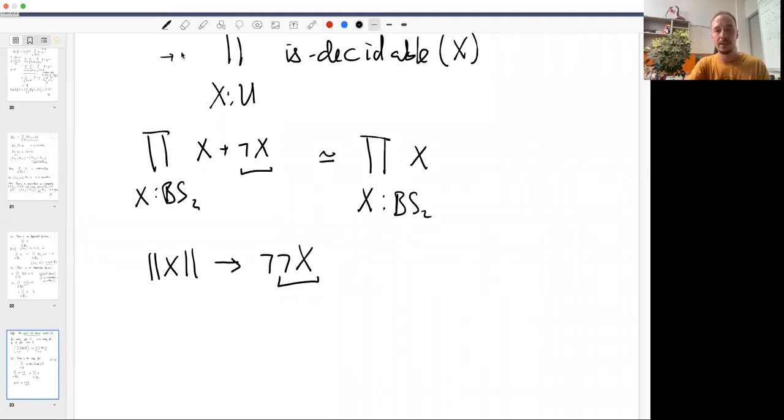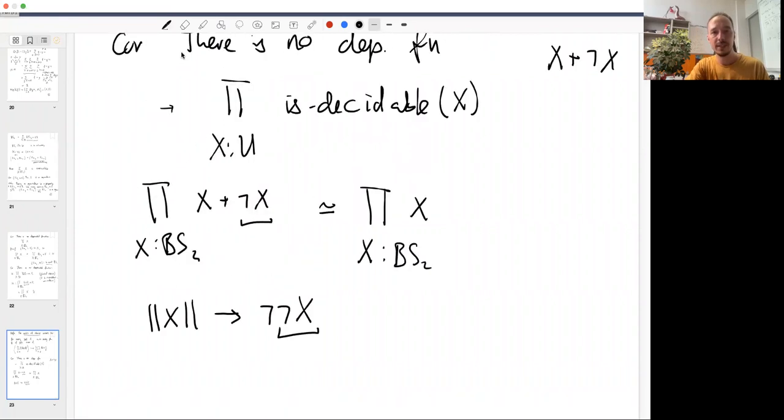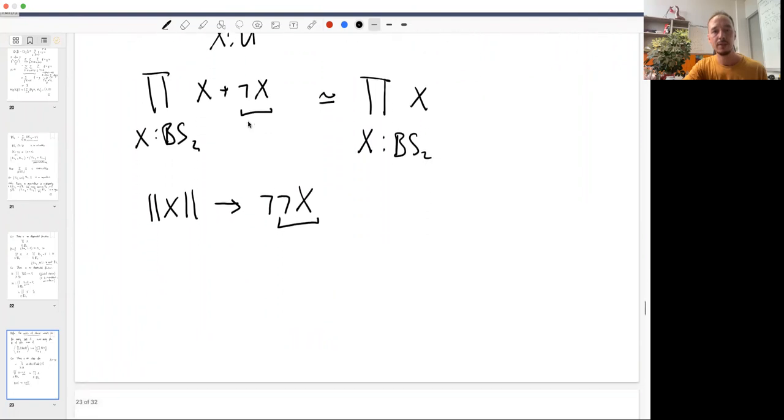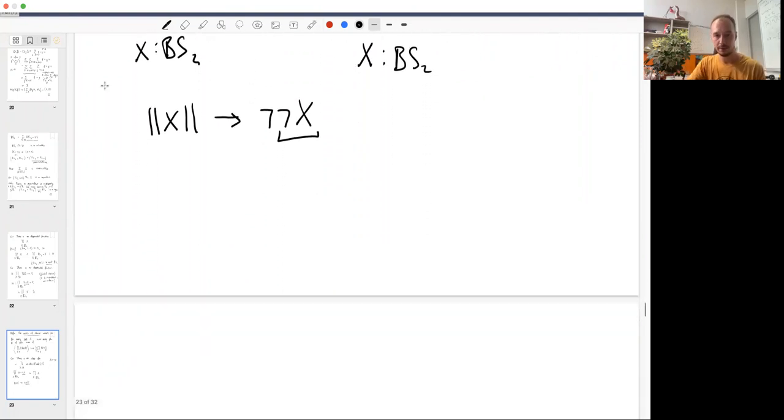Okay. So here, what we are seeing is that even for finite sets, we cannot decide whether it has an element or not. What we can decide is whether they are inhabited, but we cannot either construct an element or show that it's empty. That's what we cannot do. So if we want to assume the law of excluded middle, it is possible, but it's not for all types.